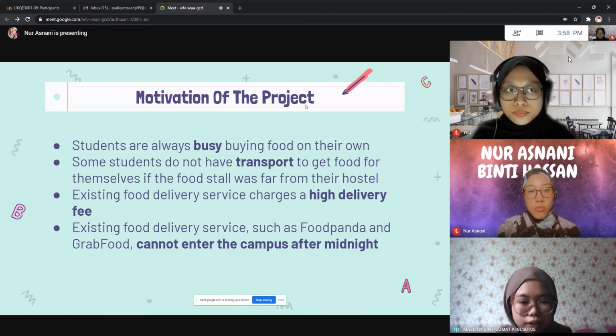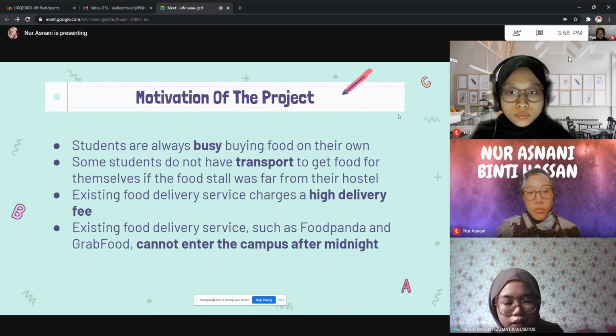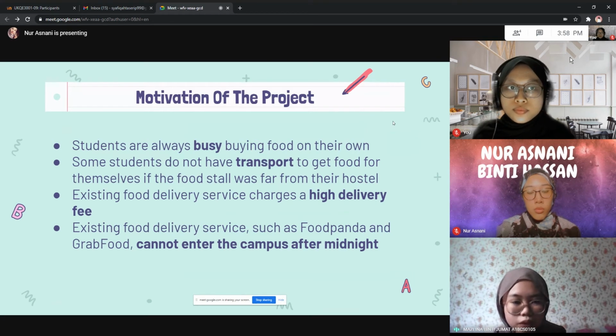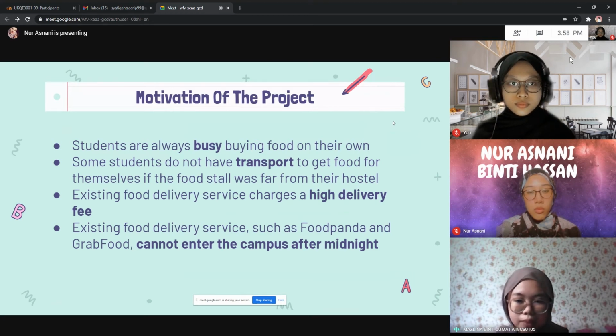And existing food delivery services charge a high delivery fee, maybe a minimum of about 3 ringgit per trip. Also, existing services such as FoodPanda, GrabFood, and many more cannot enter the campus after midnight. So it is a problem for students who want to buy food after midnight.